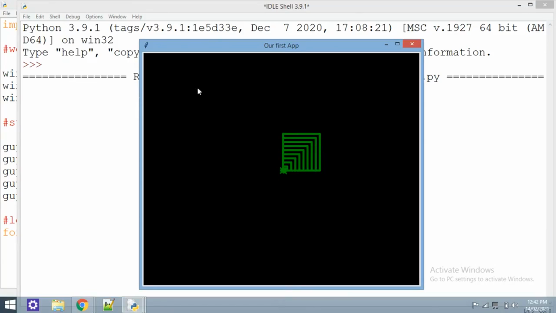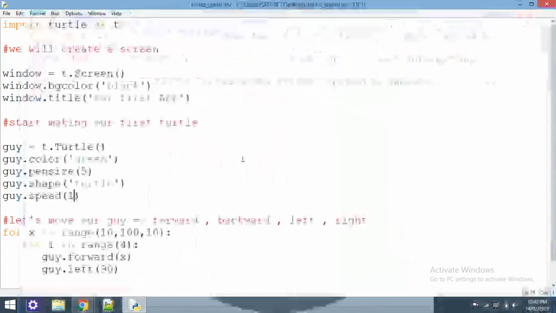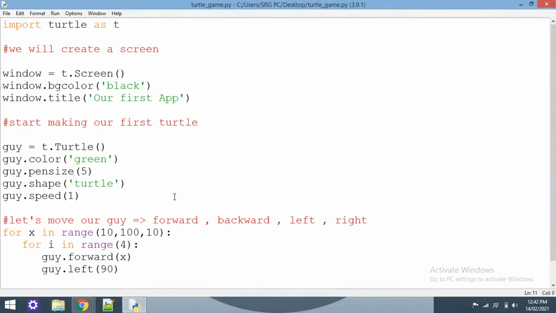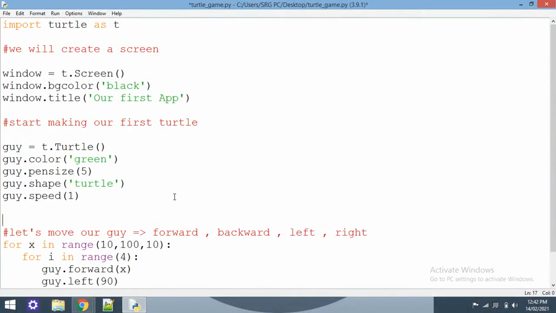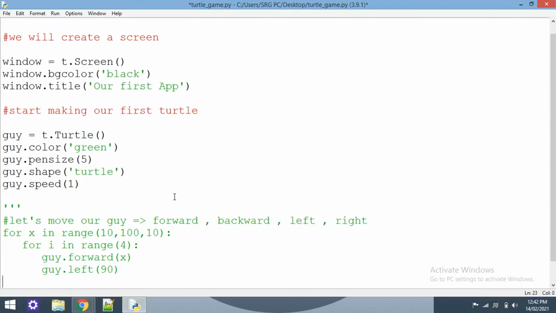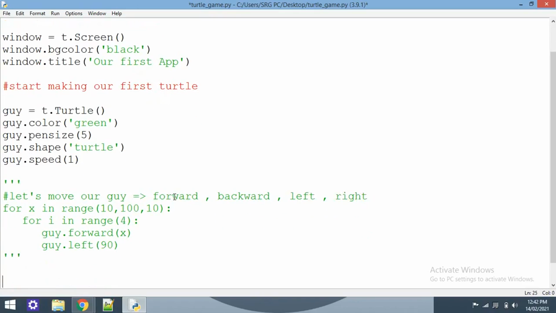Let's have one more shape because I want to make our turtle rotate and continue to rotate. I want to make a program so that our turtle becomes continuously rotating on its own origin. So how will we perform it? Do yourself a favor, just indent everything. How will you indent everything? Just write triple C. That means now it is completely indented. We have multi-line indentation. Now I want a function because we want to rotate it again and again at the same point. We want to rotate our turtle at the same point, right?